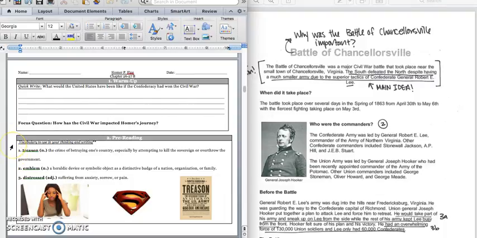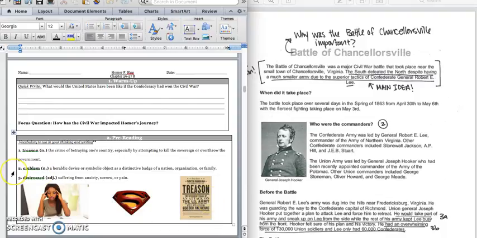Our vocabulary words for today are treason. That's when you betray your country. Maybe you give government secrets to another country that will help them take over that country. Maybe you go against the government. And so we draw a line to this picture. It's about when South Carolina seceded from the Union, and this northern newspaper was saying that they committed treason because they killed members of the U.S. Army.